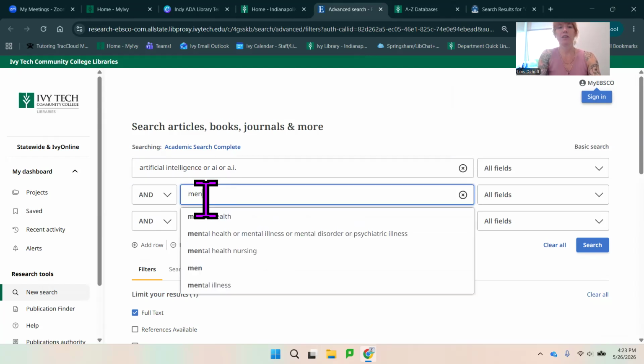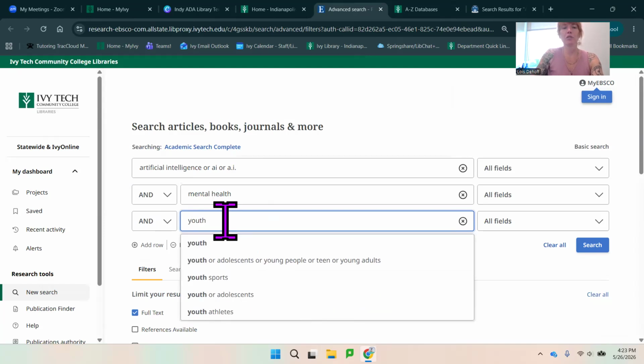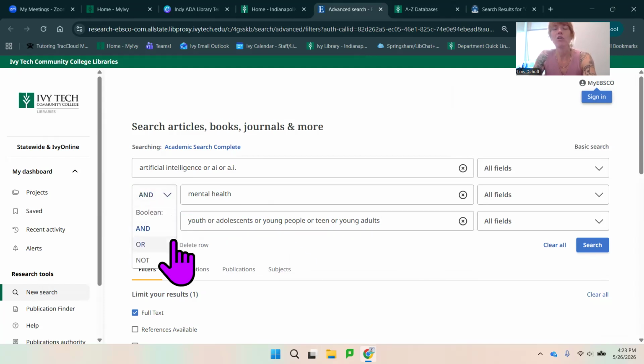Next, I'm going to type in mental health. And then I'm going to type in youth or adolescents or young people or teens, all the words. Another thing I'm doing is I am bringing this together with something called a Boolean operator. Boolean operators are and, or, not. And is telling the computer that you want all the words and they all have to be included in the